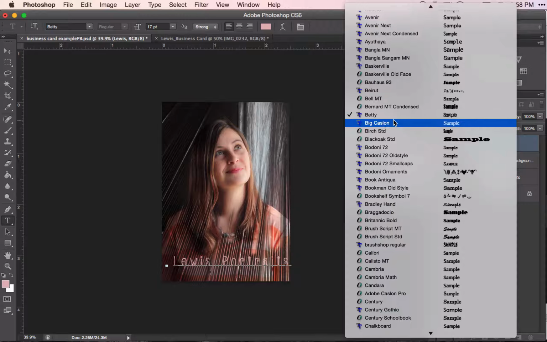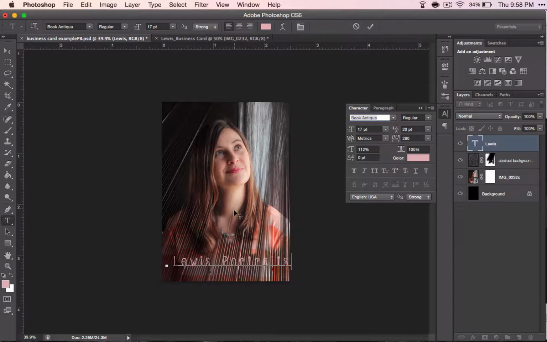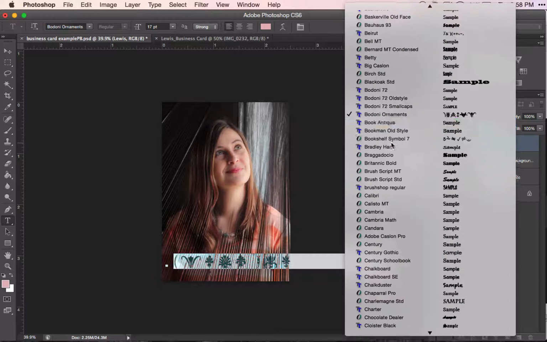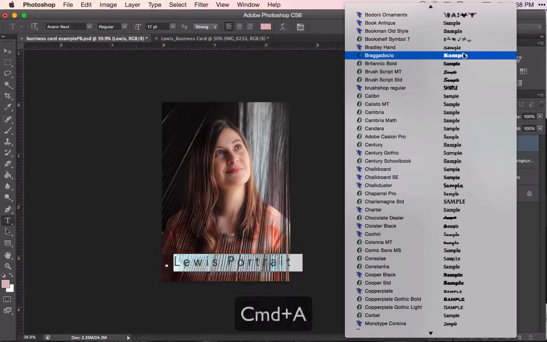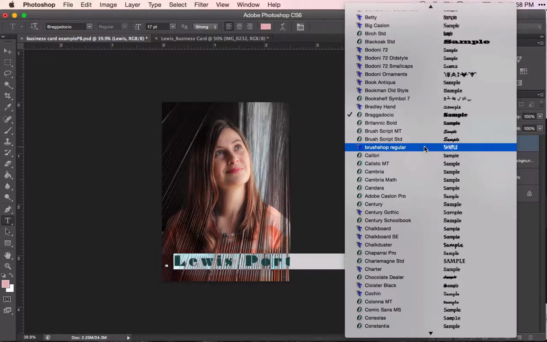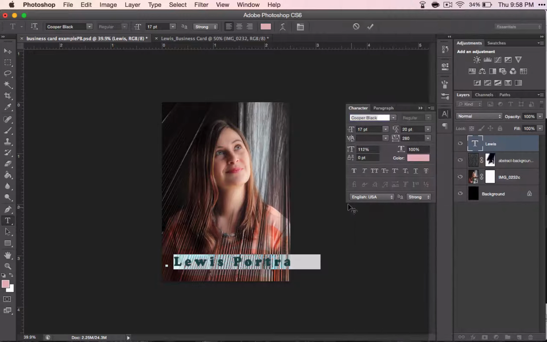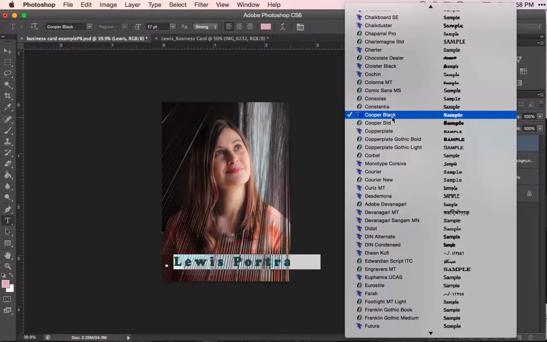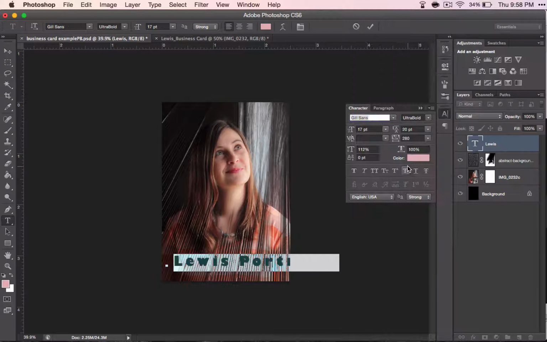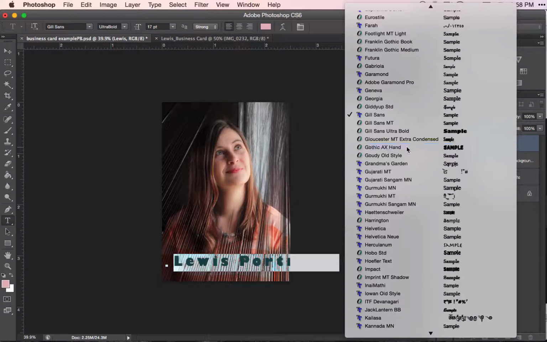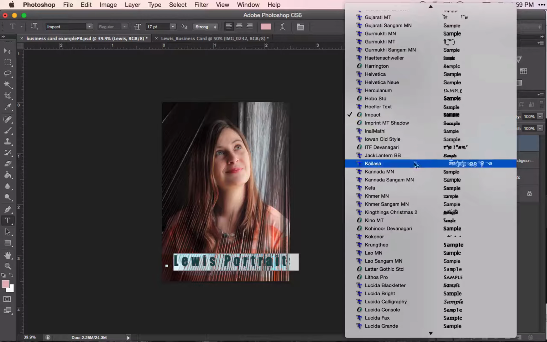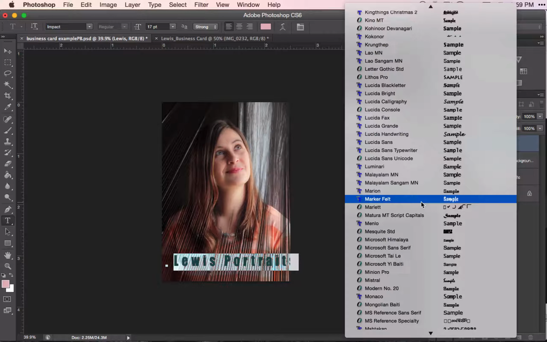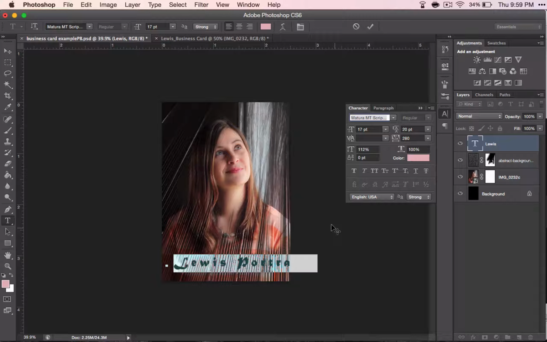And this is the font that I currently have selected. If I want to change the font, I will need to have this selected. So Command A to select all of my text, and then I should be able to change my text. So I just have to choose what kind of effect that I want. You can see the sample on the side. I think I want to go for something kind of bold since my area over there is a little bit